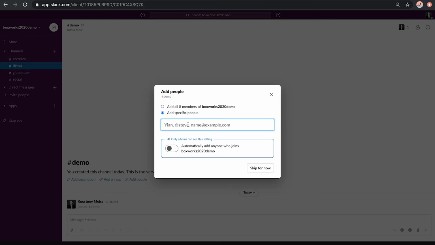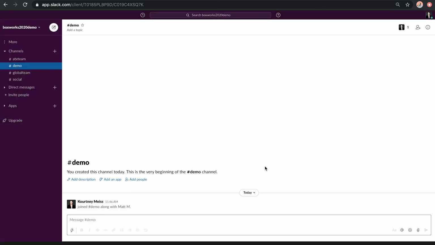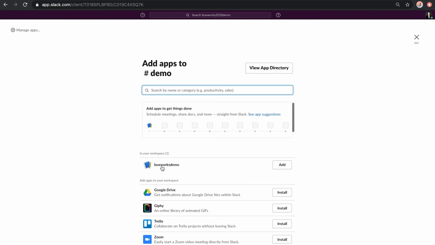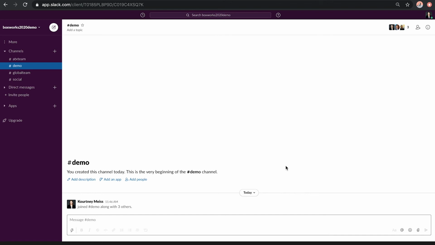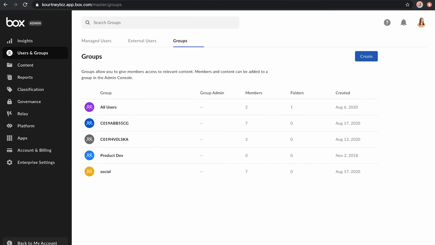And I am going to add my manager, Matt, and the head of our org, John Herstein. Add them to this channel. Then I'm going to go ahead and add the app itself. I've called mine BoxWorks Demo. And it's that simple. If I go to my admin console within Box and take a look at my groups,